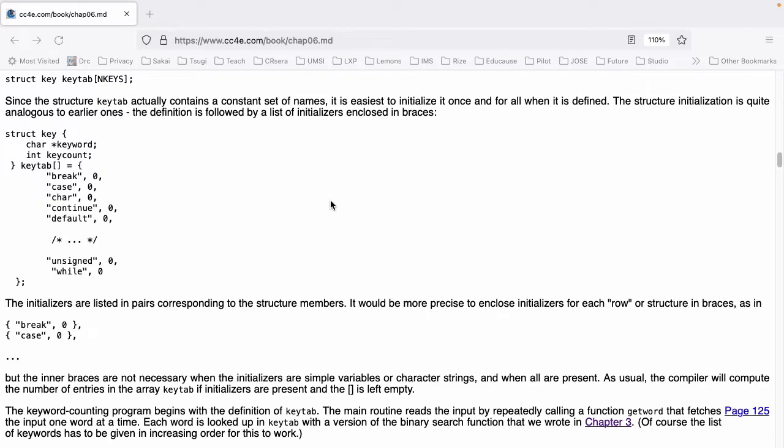struct key { char *keyword; int count; } keytab[] = { "break", 0, "case", 0, "char", 0, and so forth, down to "unsigned", 0, "while", 0 };